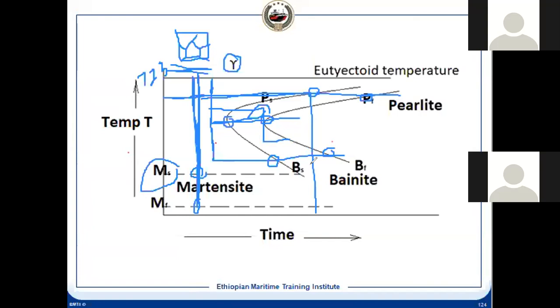But in practice, this is very difficult to control. That's the reason we use the alloying element. We do the heat treatment, but not for all the elements we make by the heat treatment. Because we cannot control precisely what property we get, that's the reason we go for alloying elements. So this is the heat treatment, and we'll see the annealing part.